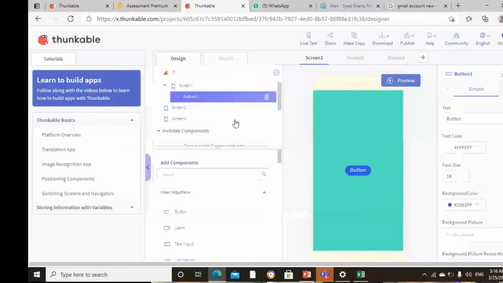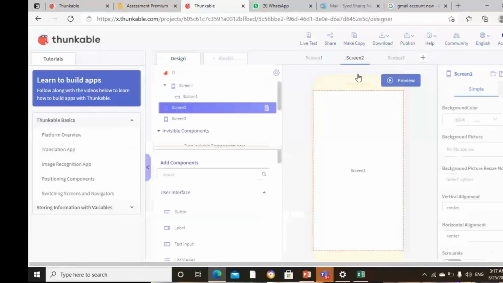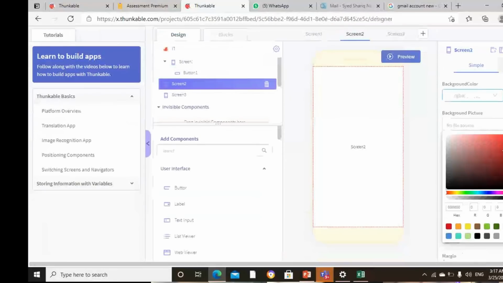Now I go to screen 2, and I will do the same thing that I did with screen 1. This is screen 2. I change the background color of this screen, so it will be easy to remember. Suppose I make it red.